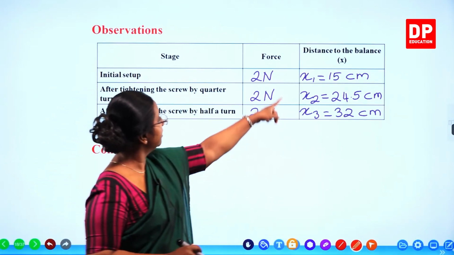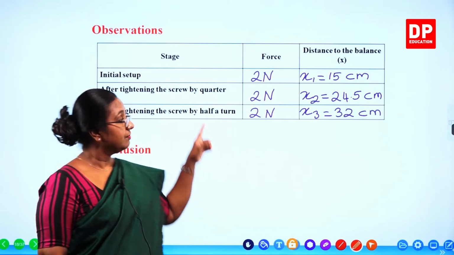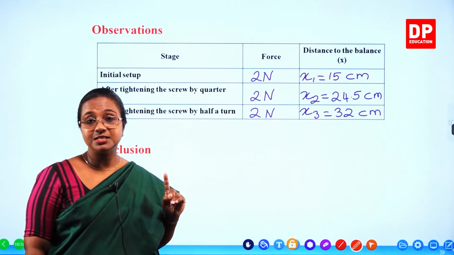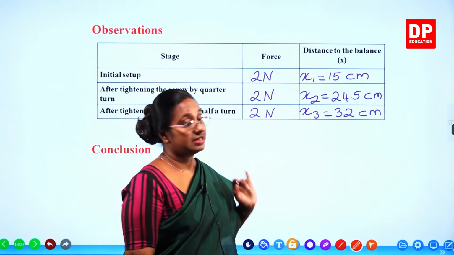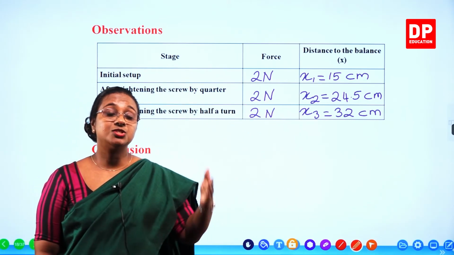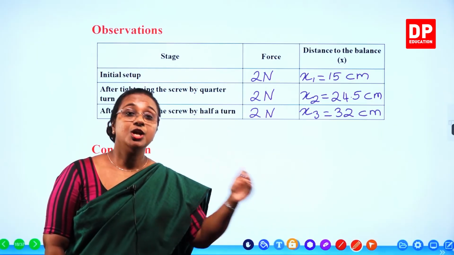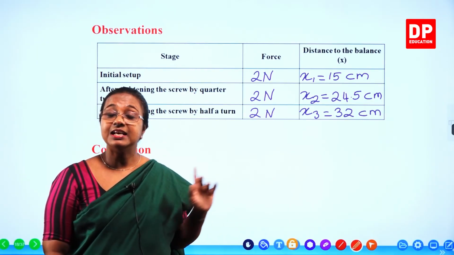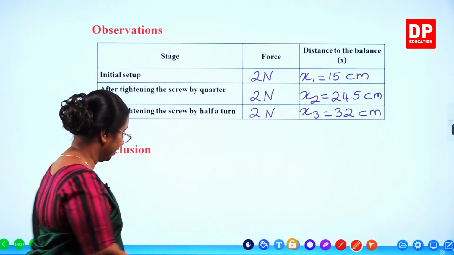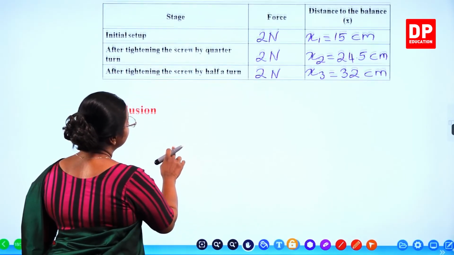We maintain the force constant. We increase the moment by tightening the screw, and with that, the perpendicular distance from the axis of rotation to the point of application of force increases. And that is the conclusion of the activity. So if I write the conclusion,